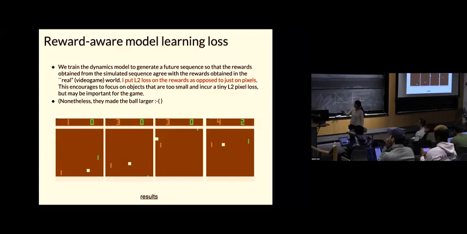At the same time, they decide to make the ball larger, which is super weird. They decided, okay, the ball matters, let me enlarge it, and in this way my model now pays some more attention to it. So these are all problems that happen when you put your dynamics in observation space. In latent space, hopefully that latent feature will have a big chunk for the ball and a very tiny piece saying, by the way, the background is brown.